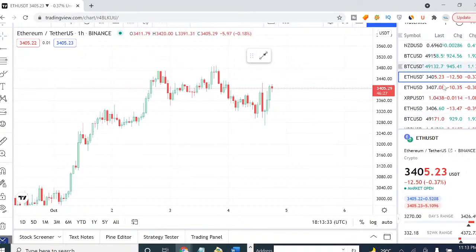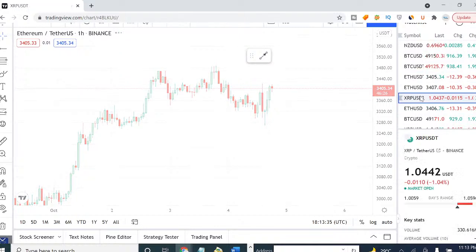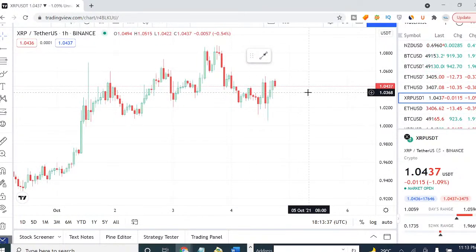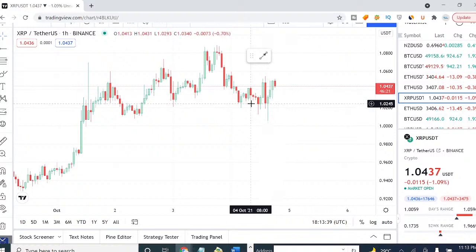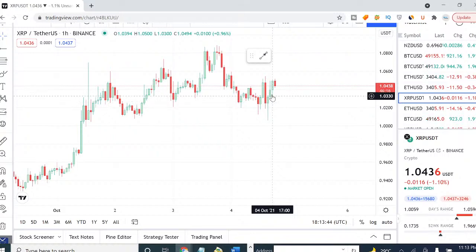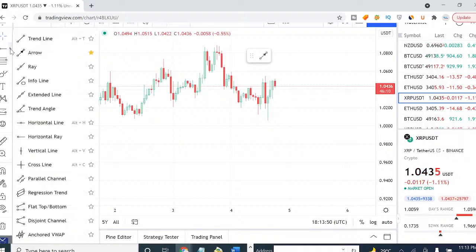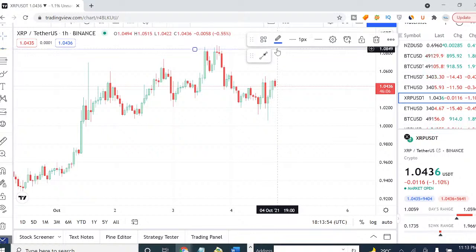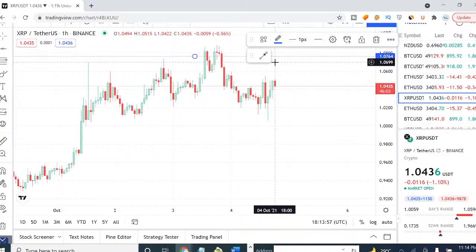Okay, the next one is XRPUSD. Again the same thing, guys. With XRP, here it was the good time where we have a long bullish candle. That was the good time, and right now you can trade it, but we are a little bit late, but still you can trade it, and you can trade it up to like